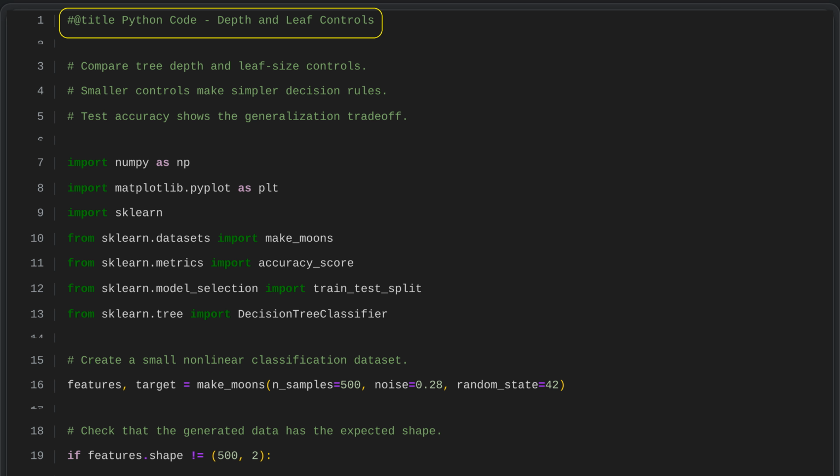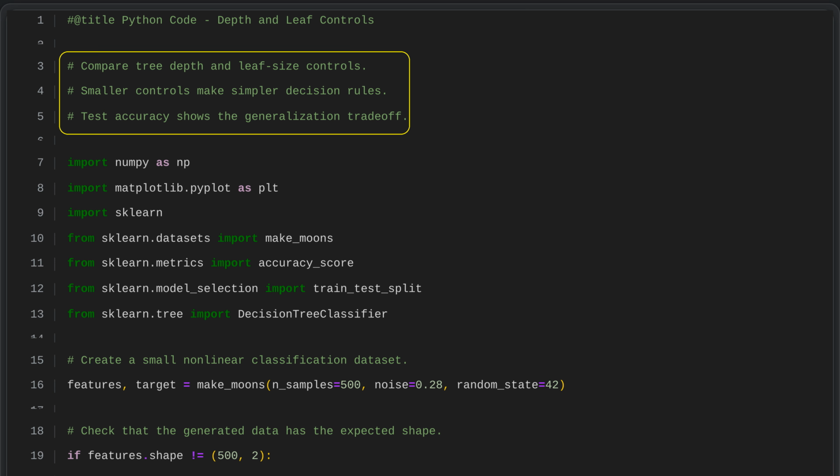Python code, depth and leaf controls. Compare how tree depth and leaf size affect a decision tree. Tighter controls usually create simpler decision rules, while test accuracy reveals the trade-off between simplicity and